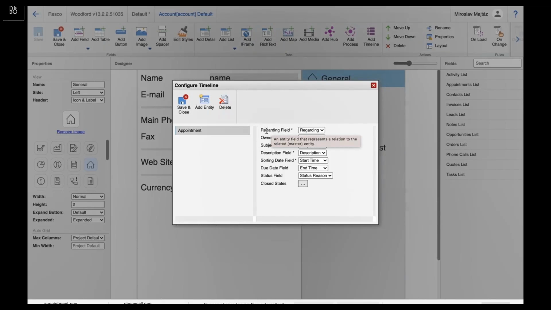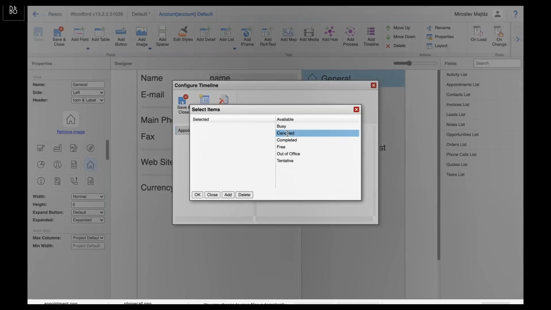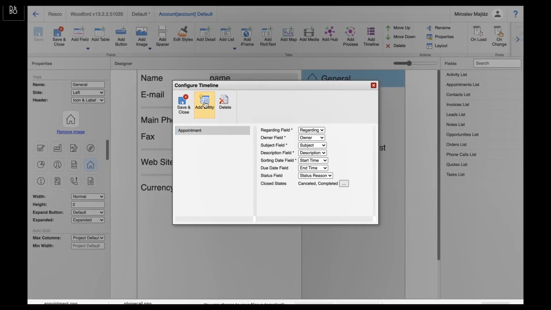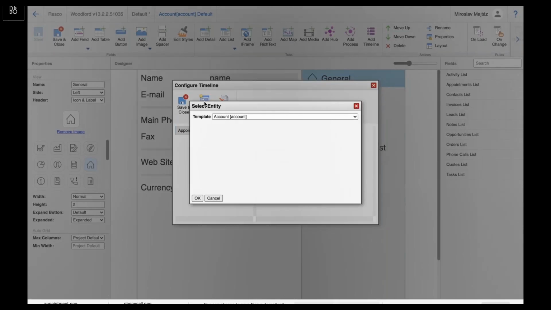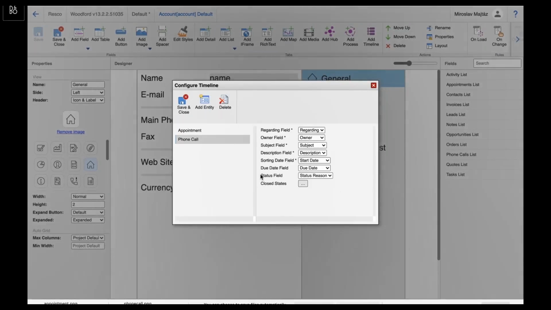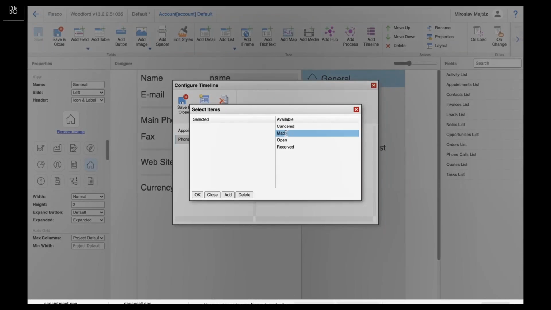On the right side, I have some fields that need to be configured so that the timeline component works correctly, but they are already configured properly. I just remain to pick the closed states so that the timeline component knows when the activity is completed. I'm adding a new entity, which is a phone call. Again, I'm checking the configuration, and it looks all right. I'm adding the closed statuses,